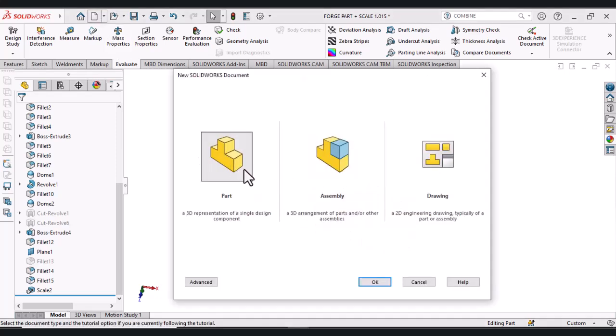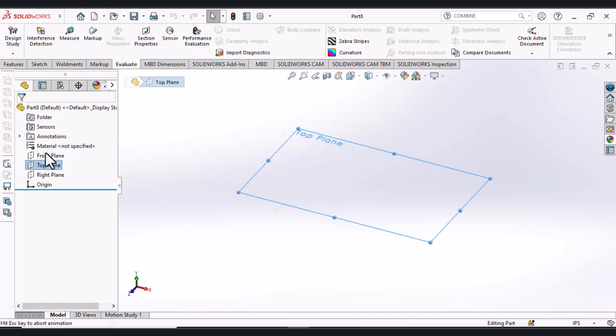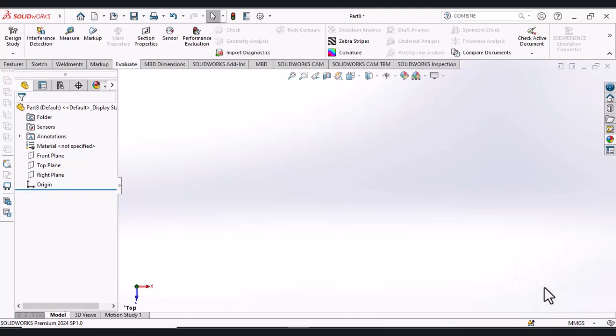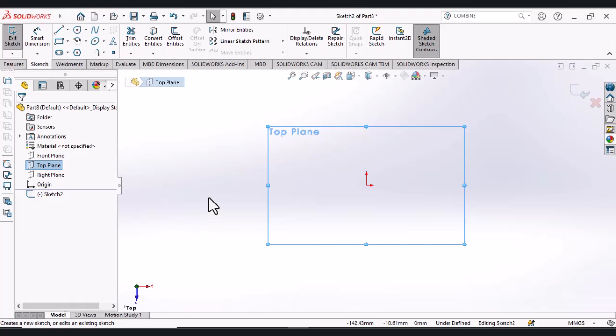Then to design the mold, we open a new part. We select top plan as a new sketch. We set the units to mmgs.